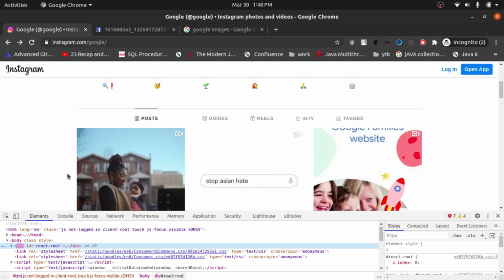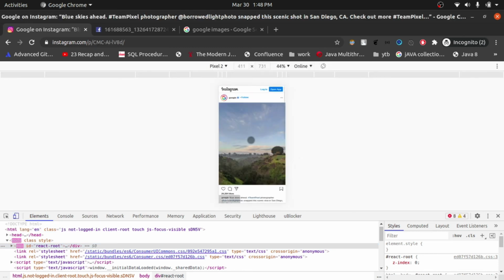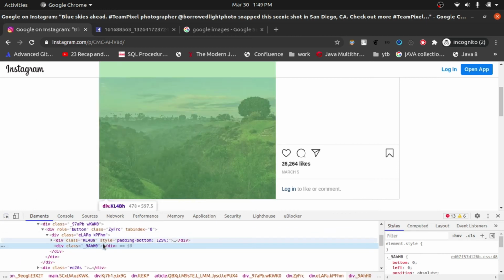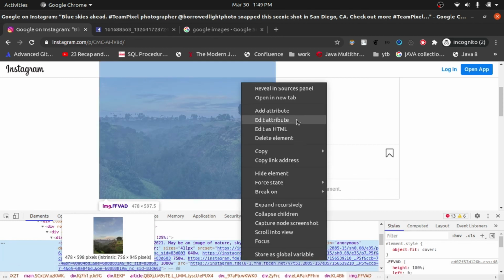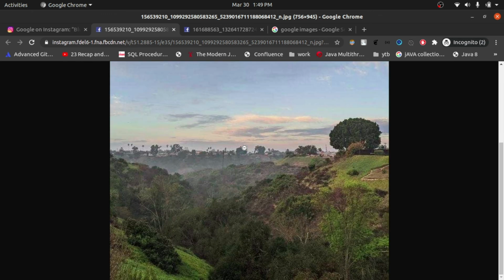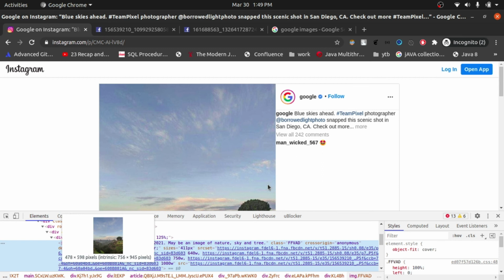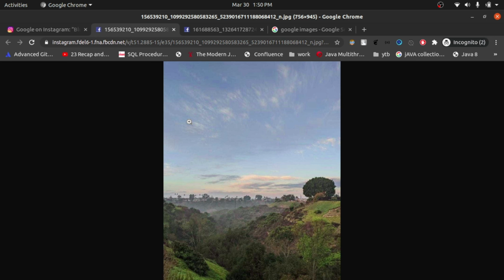Now let me illustrate the same thing using another pic, let's just try it with this one. We will come here, click on this icon, and delete this div right below this div. And once you click on it, you can see that we have these URLs, right? So open it in a new tab and you can just save it, and that's all guys, it was that simple. As you can see, this is how simple it was, right?